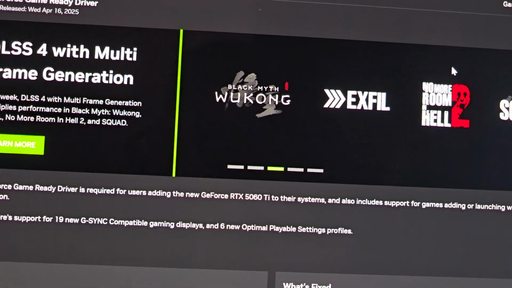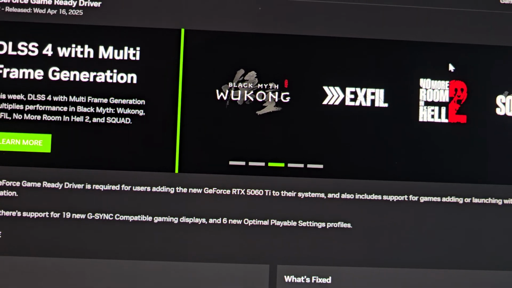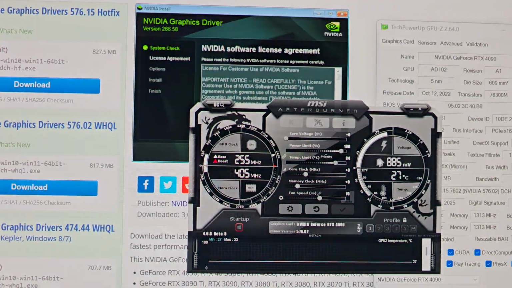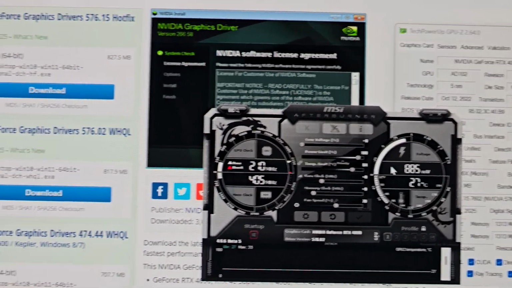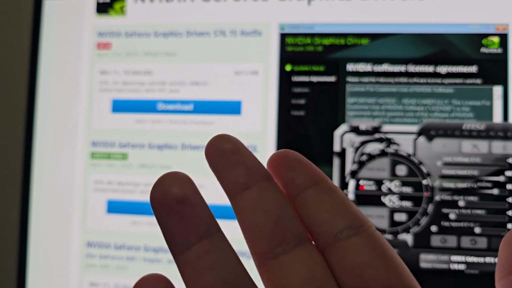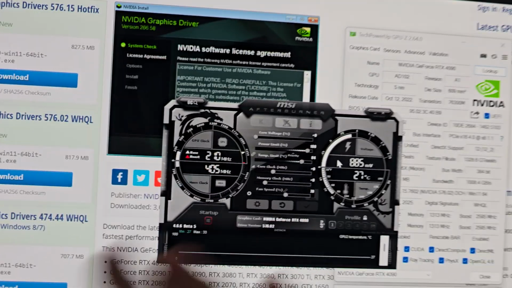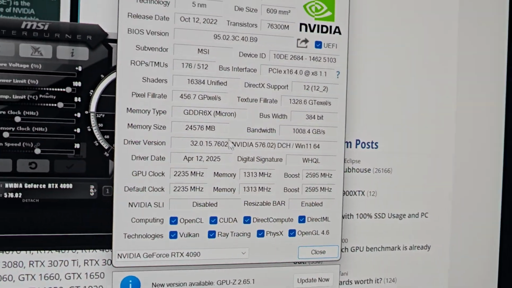If you're on a 50 series, then you probably already got this downloaded. But if you're on a 40 series, then you have to wait until it gets pushed through. But you can still install the new driver on 40 series. So I have a 4090 here again. So we're on